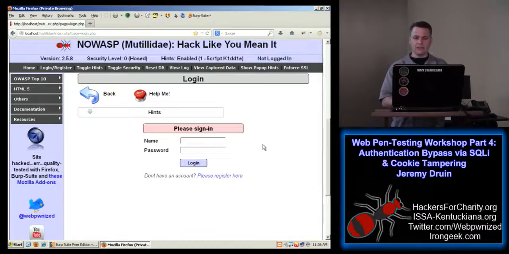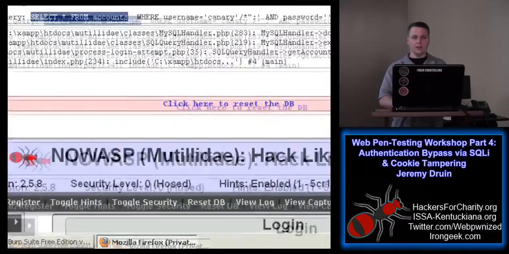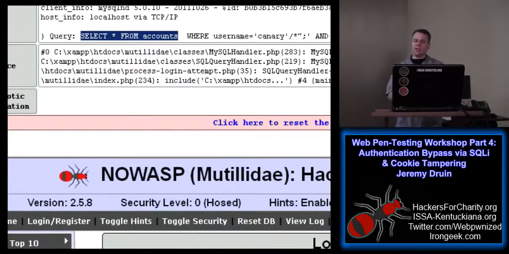So in this case, just to bypass authentication at all, we probably need to at least get this much of the query working right here. See if I can magnify that. So if we can get the select all from accounts, if we can get just that much of the query to work, we're probably going to get all the results back, and then we'll get logged in as more than